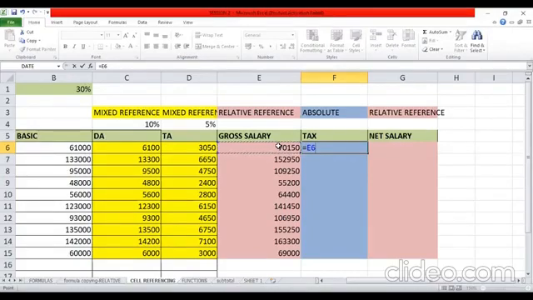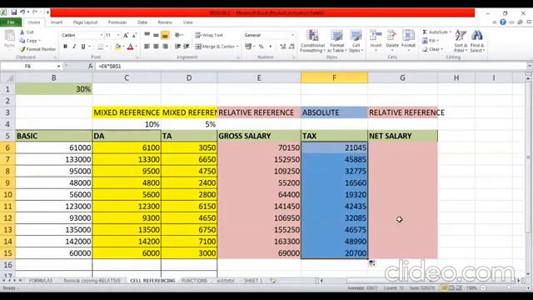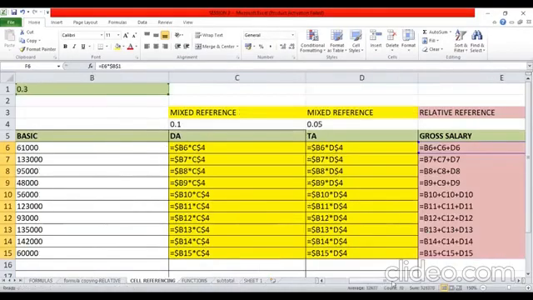And moreover, I want the tax rate to remain the same. So what will I do? I will just click on this cell and make this cell absolute and press enter and copy this cell down the column. Now I'm going to show you the formula view of what we've done. You can see how references are changing. From DA down the column, you can see B6 is changing to B7, B8, B9, but $4 is not changing because we are copying it down the column and we had fixed the row.